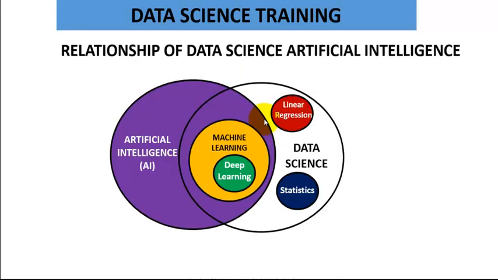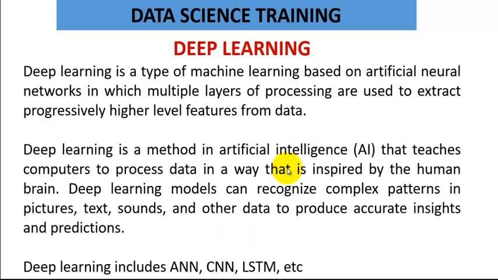Okay, let's go back to the diagram. Look at machine learning, the yellow circle. Deep learning is inside it. So when you take your machine learning skill further to an advanced level, then you begin to talk about deep learning. The green circle here. The green is inside the yellow, and the yellow is inside the purple for artificial intelligence, and both of them are also inside the data science circle. So I hope you understand what we are talking about.